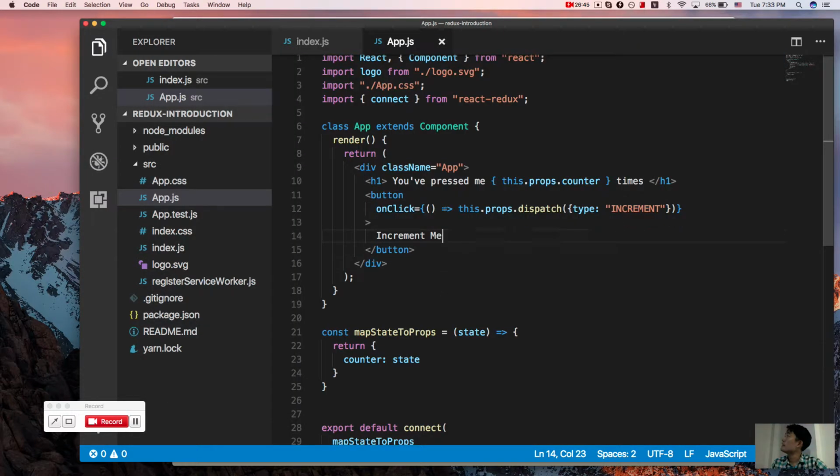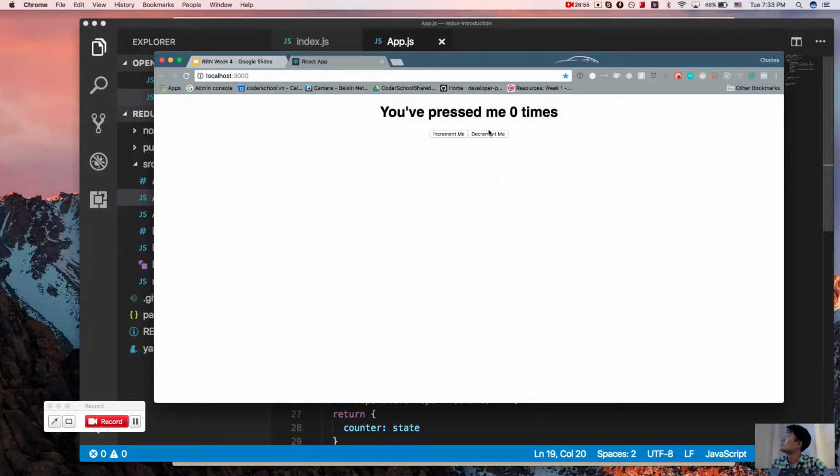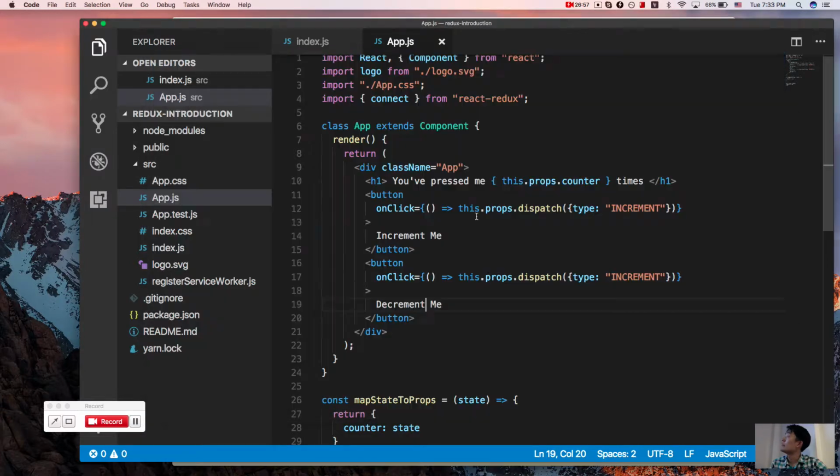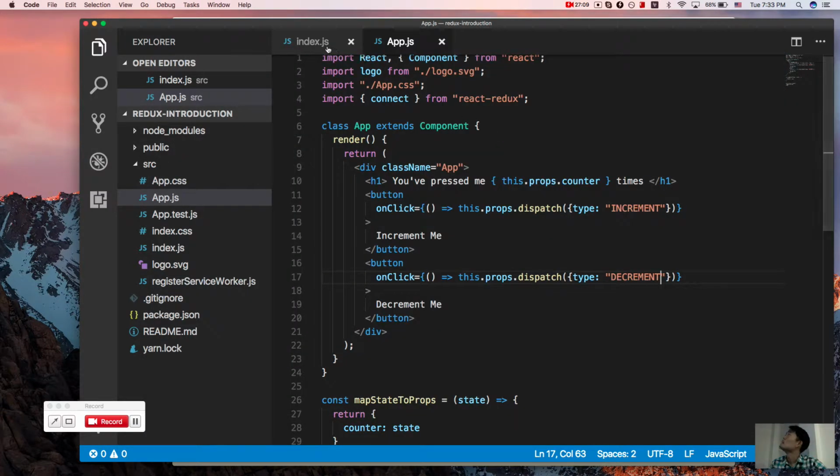Let's make another button called decrement me. So right now they both do the same thing because we haven't changed this. What should we call this? Yes, easy. And now it will magically work. No, just kidding, it doesn't. Because,